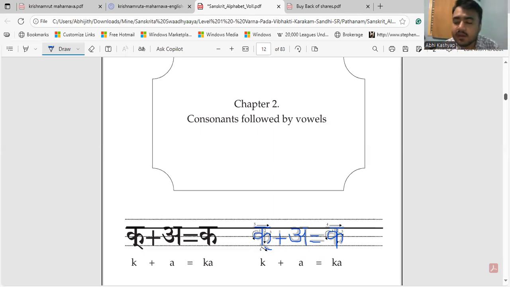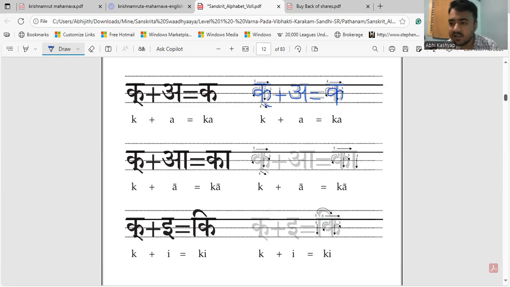Vyanjanas are those which need Swarasayoga to be pronounced. There we talked about two kinds of Vyanjanas, Vargiya and Avargiya. Vargiya Vyanjanas are organized, they are in order. Avargiya Vyanjanas are not in order. What is this order? There are 5 alphabets in each Varga. Therefore, they are Vargiya. So, what are those Vargas? They are Kavarga, Chavarga, Tavarga, Tavarga, Pavarga. And we started